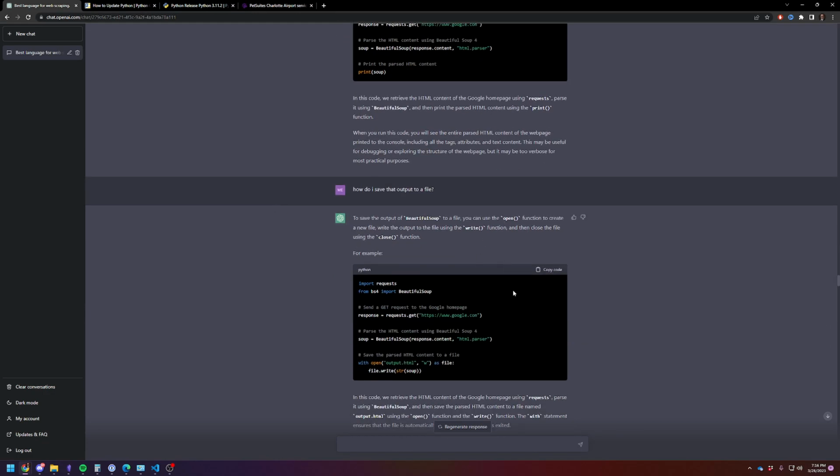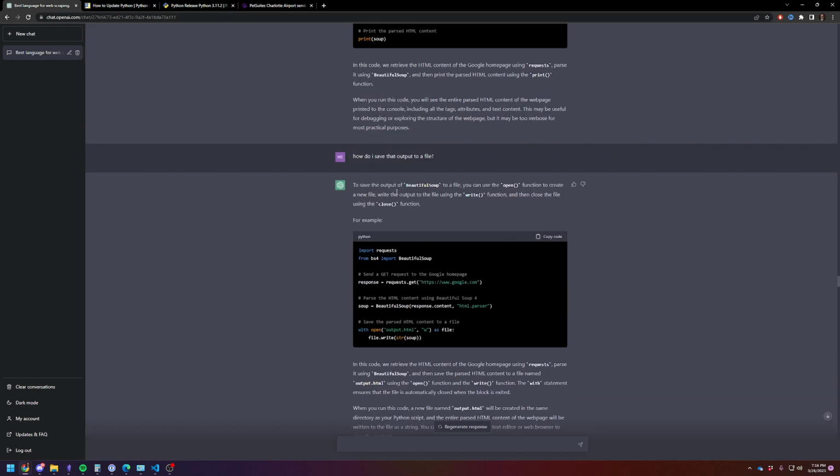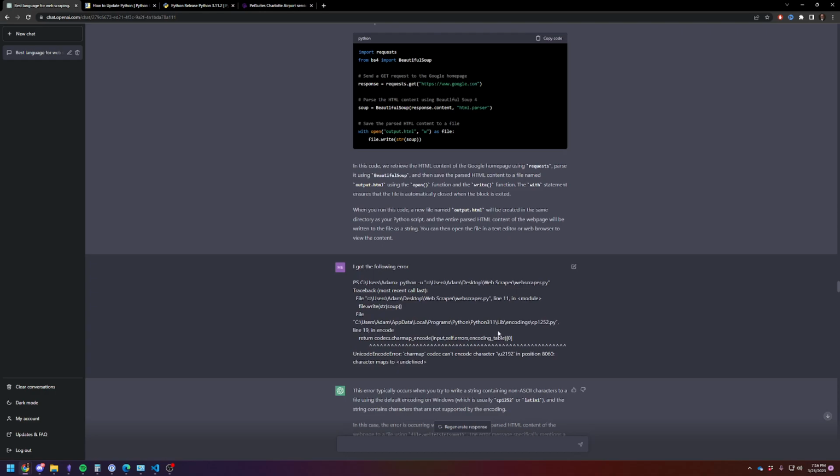It now gives me some additional functions, the open function, which I guess is how you write to a file. So it was creating an output.html file as the name of the file, which is all making sense because it's explaining it. It says, you've got the open function to create a new file, and then it's got the HTML. It names it, tells you what it's named. And then it'll be created in the same directory as your Python script, which actually did not work for me, but we'll get to that. So now you're going to see that I was having